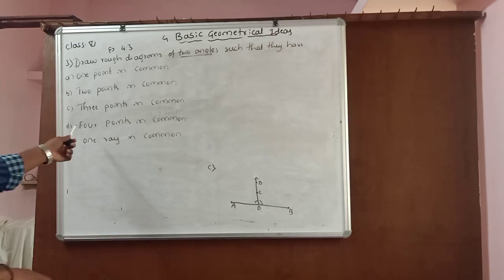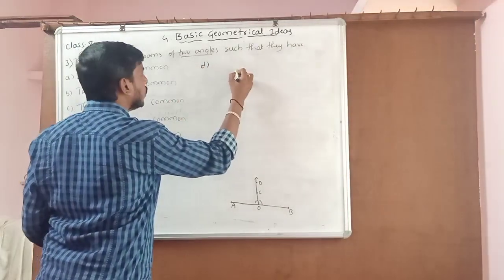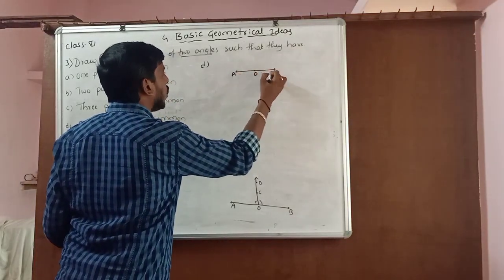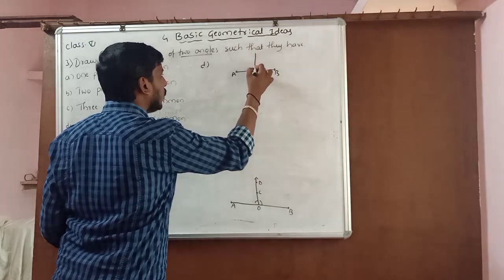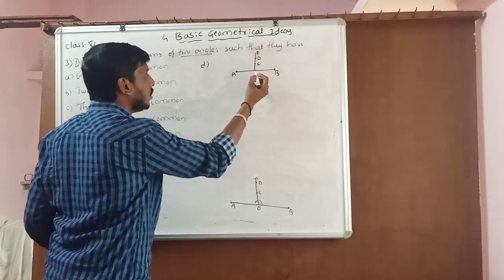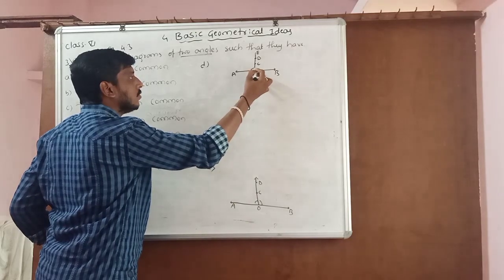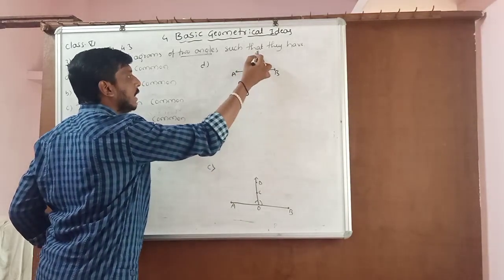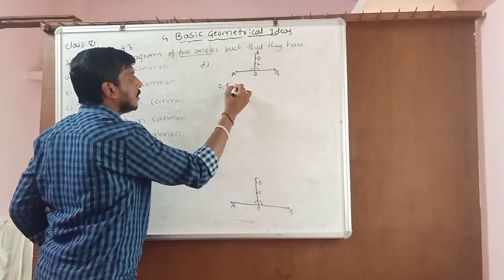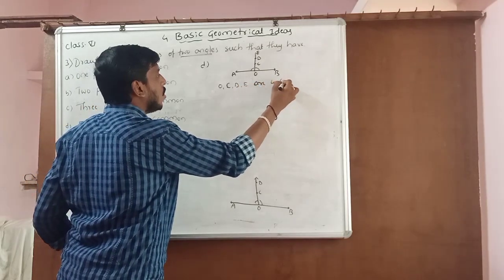So the next one, 4 points in common. As it is the same diagram as D, here I will draw 4 points in common. It is better to draw like that. This is A, this is O, and this is B. Draw one line. This is C, this is D, and this is E. How many points? 1, 2, 3, 4. These 4 points are common for both angles AOE and BOE. O, C, D, E are four common points.